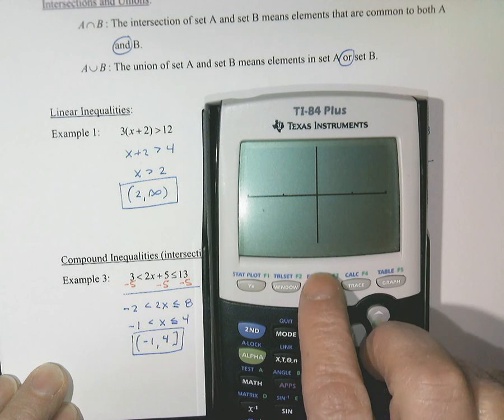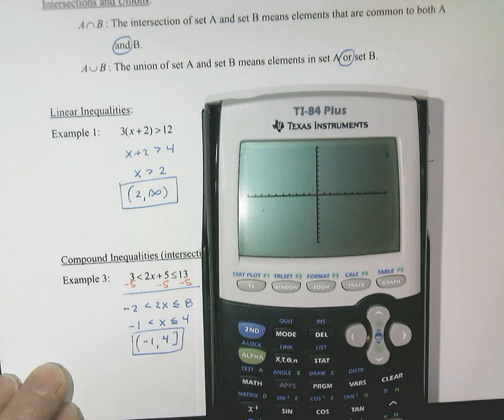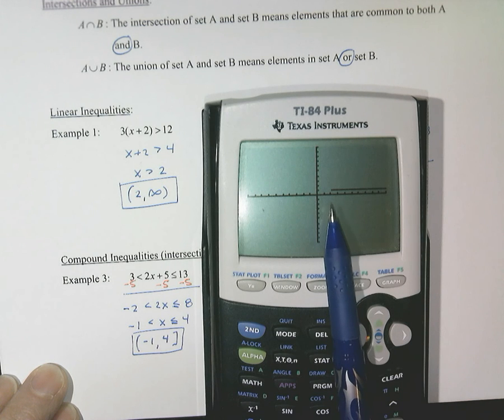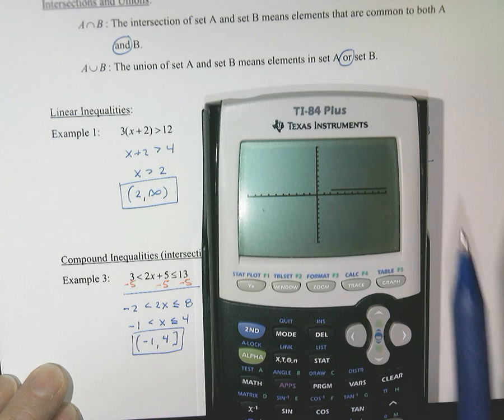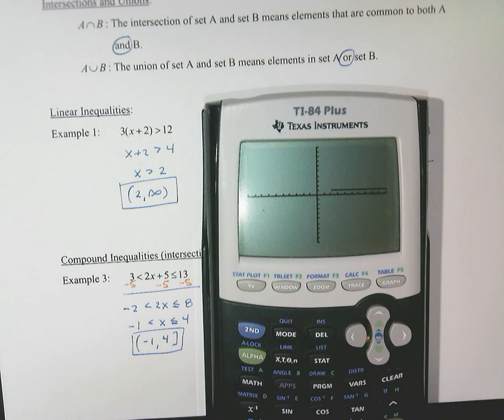I'm going to hit zoom 6 to get this back to a normal window. And I'm saying from 2 to infinity, so you can see right here at 2, and it keeps going to the right. It's not a perfect way to do it, but it gives me an idea how to check my